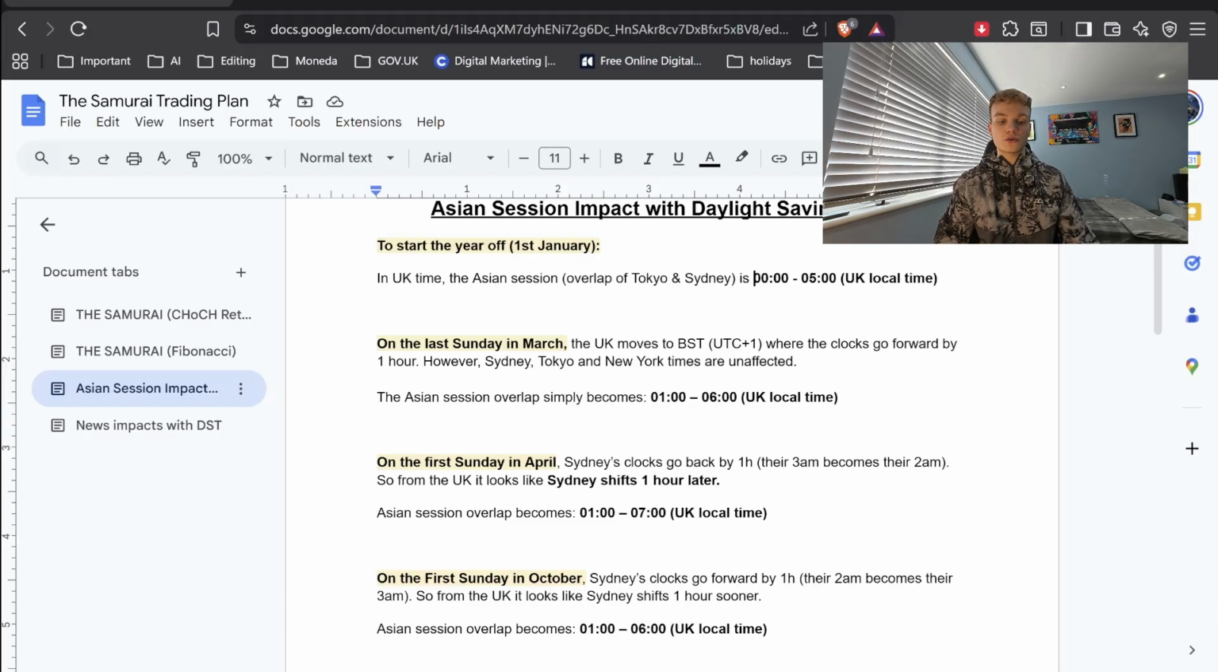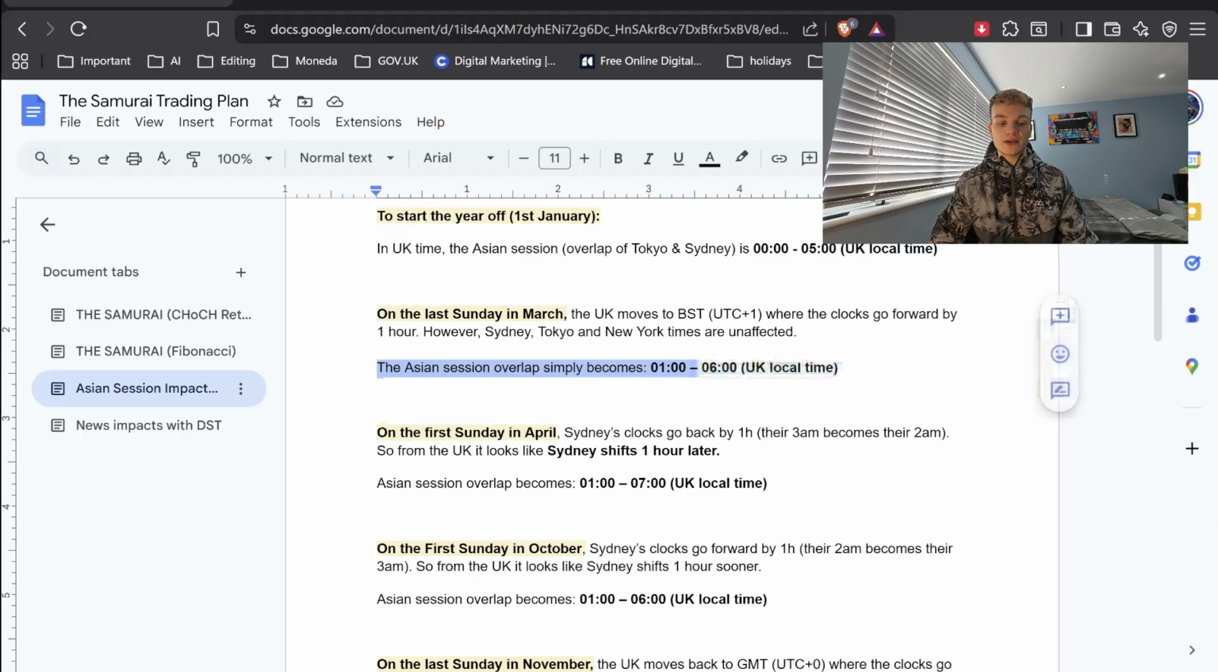This is where the clocks go forward by 1 hour. So everyone in Sydney, Tokyo and New York remains unaffected. However, the UK moves +1 hour ahead. So this essentially means for us that the Asian session overlap, or our accumulation session, becomes 1 AM till 6